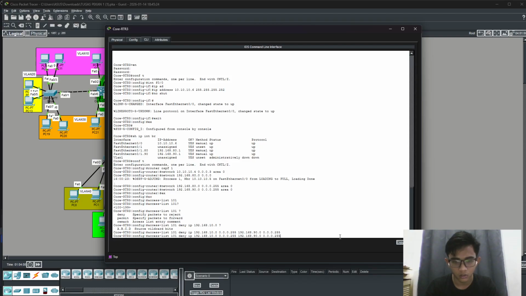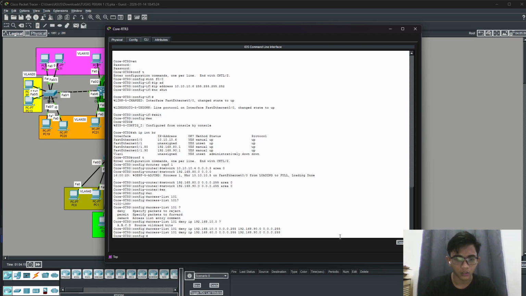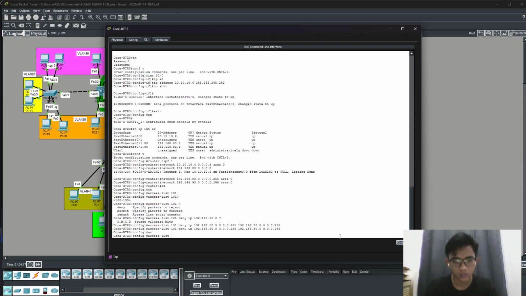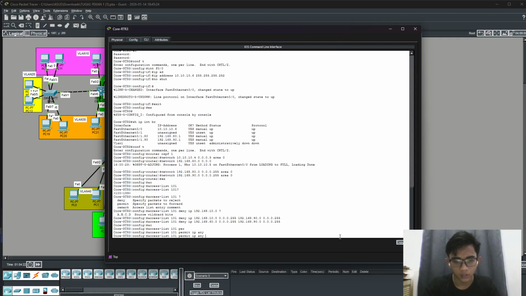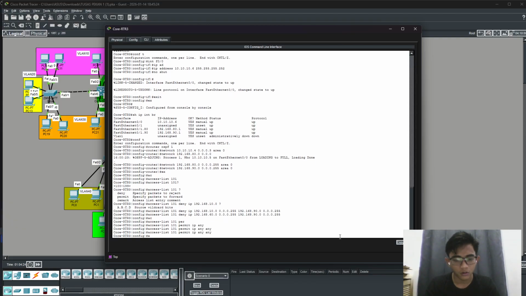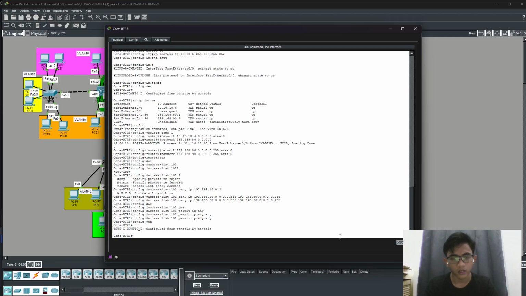Okay, now again for 60, I guess, and enter, and don't forget access list 1 permit, I guess, permit IP any.